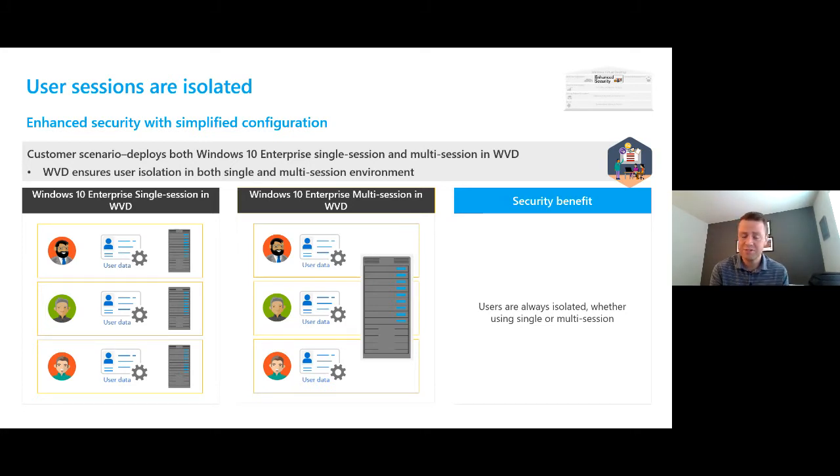And then on the flip side, with single session, if you have high profile users, you need to make sure that for whatever reason, they need to have their own dedicated session. You can assign them that single session that's always on. Whereas the flip side, right, shift workers, scenarios such as that, you can spin up their desktops as needed. No matter what, these users all remain isolated from each other with no ability to see files or user experience